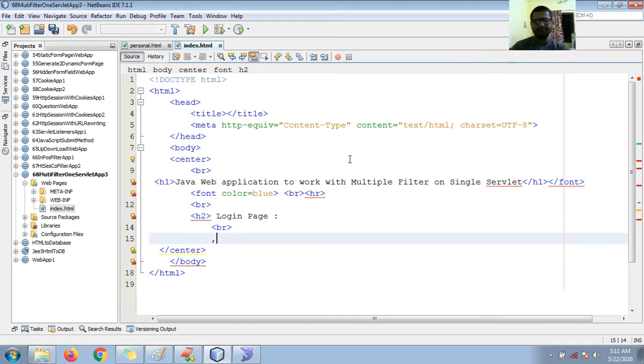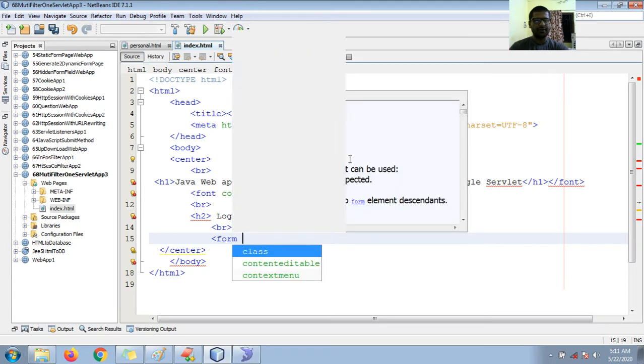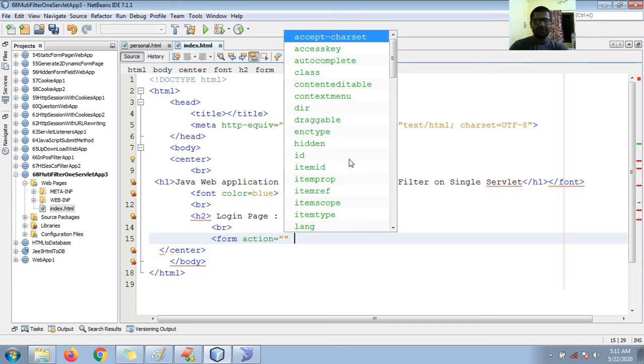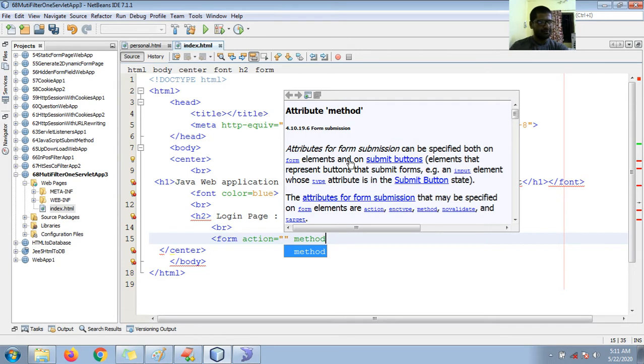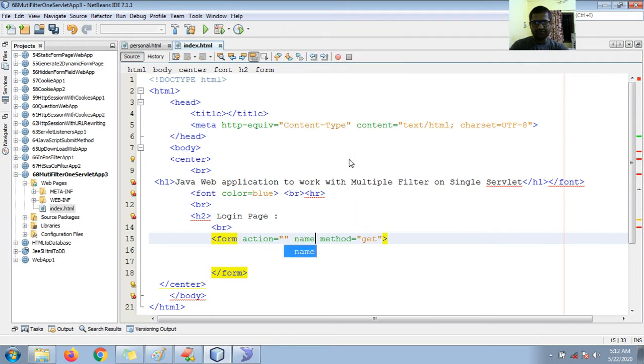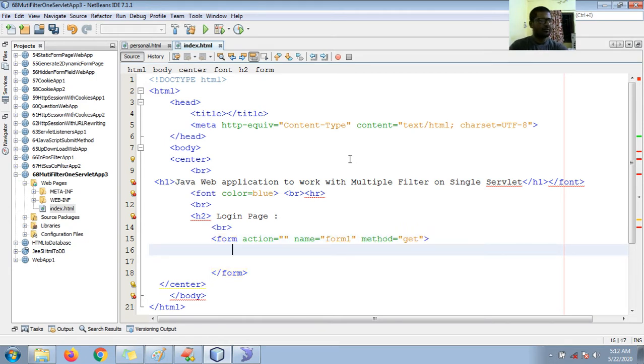I need here form tag, form. Then we can go for action. So I will keep here action later on. Here is a method. You can use the method your wish guys, it's not mandatory. You can use get method or post method. Then if you wish, you can pass here the name called form1. Fine. Let me use here somewhat bold tag and enter username